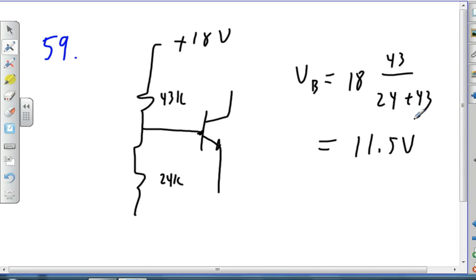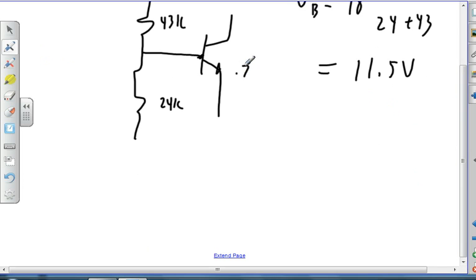Well, what's the condition of that transistor? It's on, right? It's not off, it's on. Okay, so now that it's on, what is the maximum current that can be flowing in the circuit? So if it's on, then I've got a 0.7 voltage drop across that diode, right? And so I got 18 minus 0.7 divided by